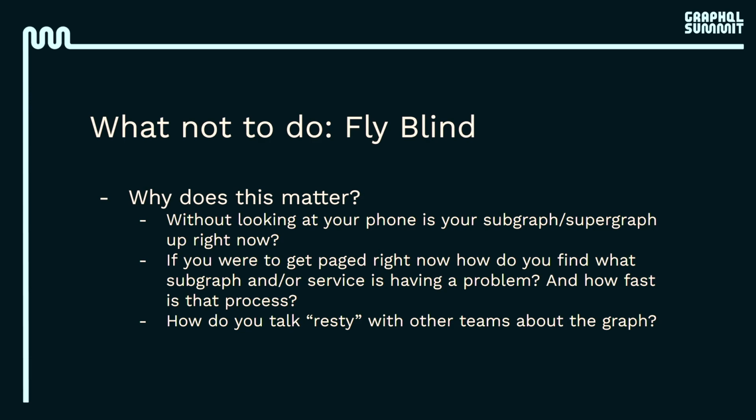If you have that observability and something does go wrong, instead of having to log in, go to your APM, find out what's going wrong, track that down, see who's using it, and kind of go through this whole process every time, you can set those alerts to say, hey, this subgraph is having a problem, this team is having a problem, which is great, because then if you get called in the middle of the night, those 3 hours of debugging turn into 20 minutes of, hey, this team's having a problem, call them instead of me. And then you can move on.